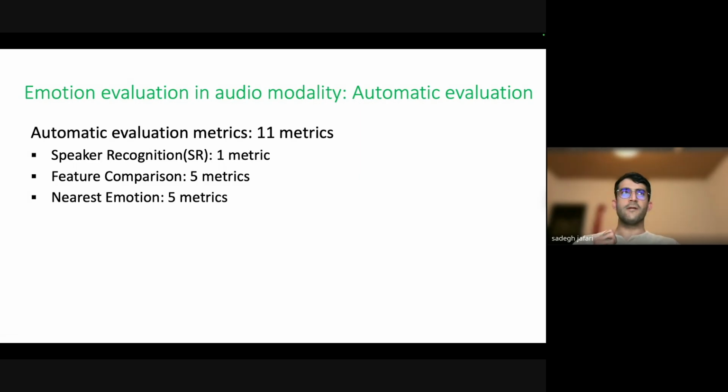What does it mean? For example, if we have a happy audio as the original audio, and we have seven different emotions, we generate seven different emotional audios, like happiness, anger, and others.